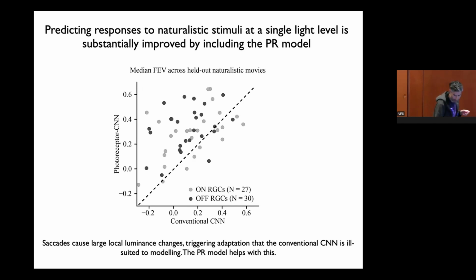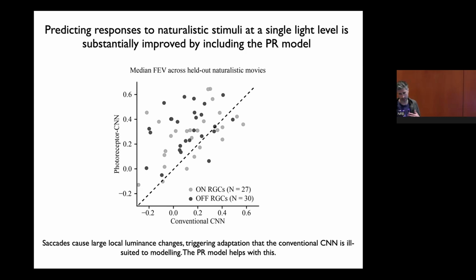And this scatter plot just shows the model prediction performance for the two types of machine learning models I've described to you. The vertical axis is the model that has the photoreceptor front end. The horizontal axis is the conventional convolutional neural net. Each circle represents one ganglion cell from this data set, and the values show the prediction performance. And across the board, I guess not for every cell, but systematically, we do much better at predicting